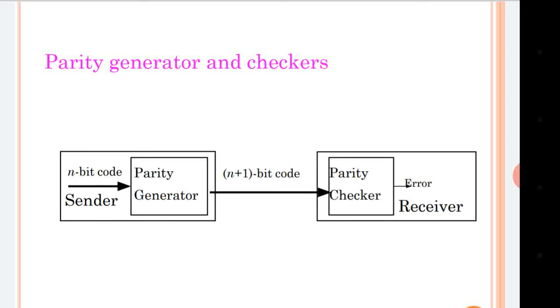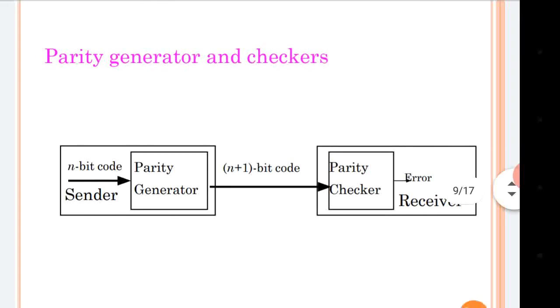So there are some methods to avoid these errors or disadvantages, or other codes which can be used instead of parity, but that is not part of the discussion in this lecture. That will be included in maybe the ITCT subject. So let us now focus on our aim, which is to design a parity generator and checker.